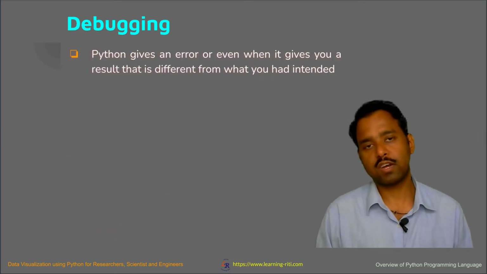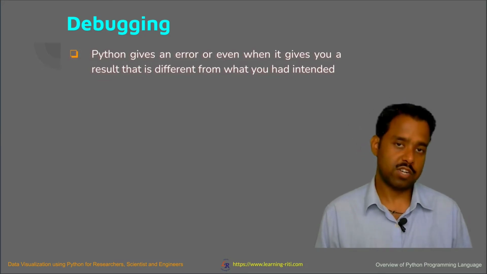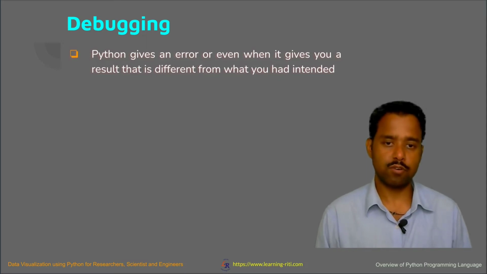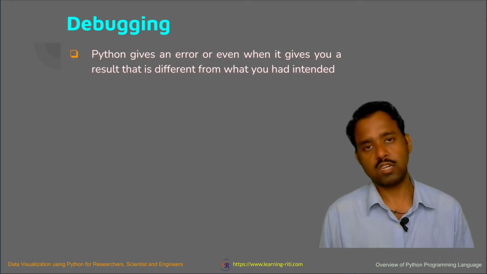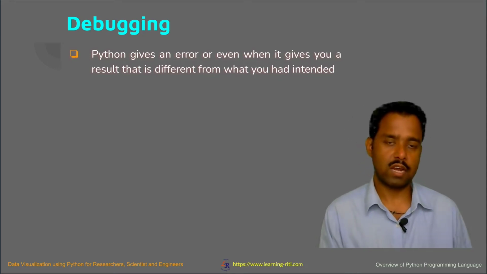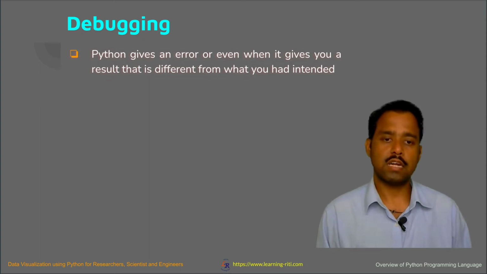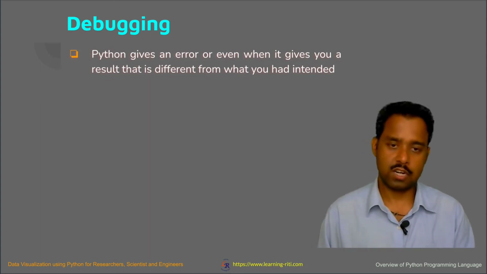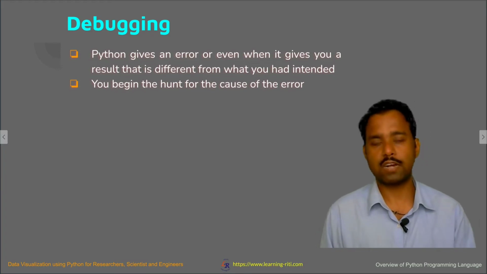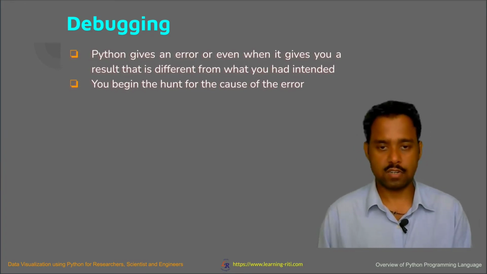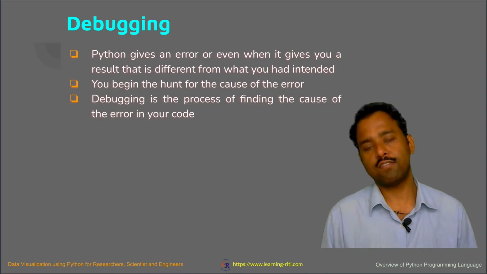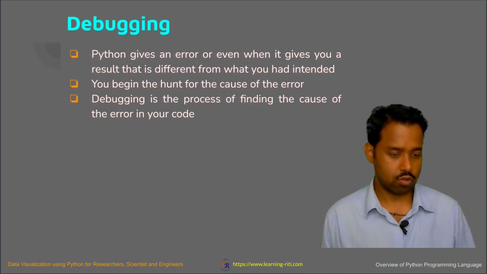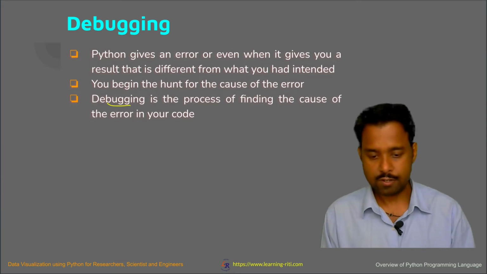Now, as I said, you come across errors; this is very obvious when you are a beginner learner. And then the step comes where we talk about debugging. Whenever you are talking about Python, you get an error when you intend to write something and expect the output to be something, and then it is not performing, so there is an error in that code, right? So you begin hunting for it. Where is the error in the code you have written in your program? The process of finding the cause of the error in your code is called debugging. That's a very simple definition for it.